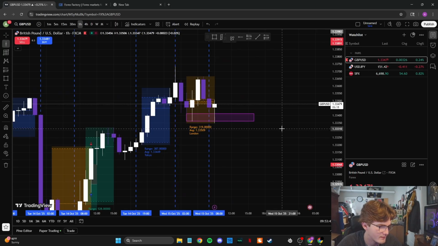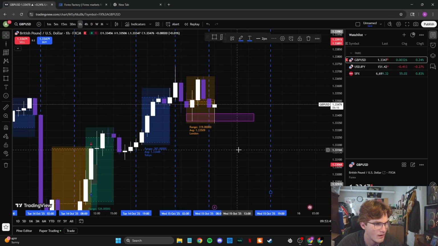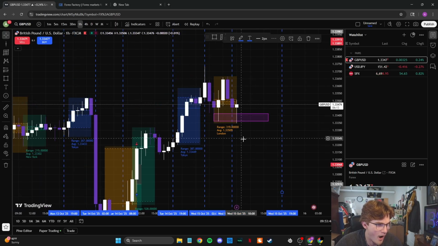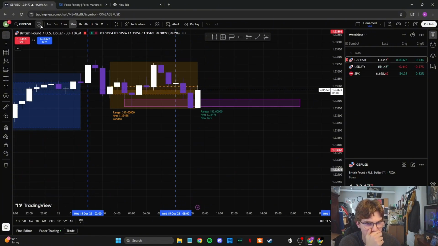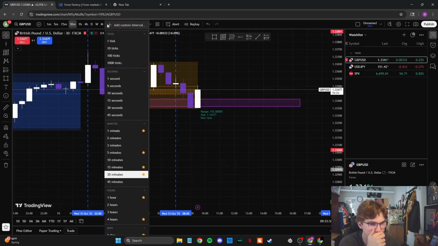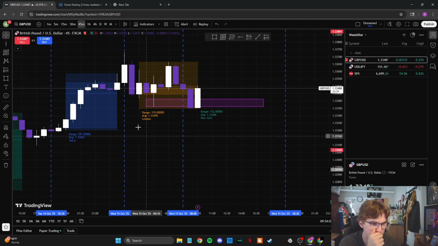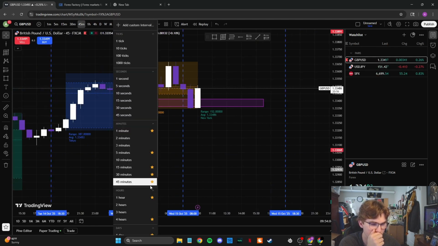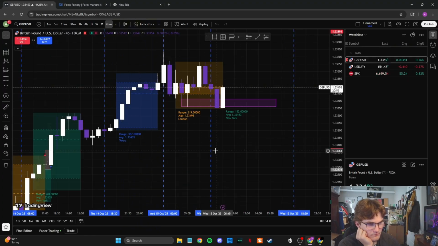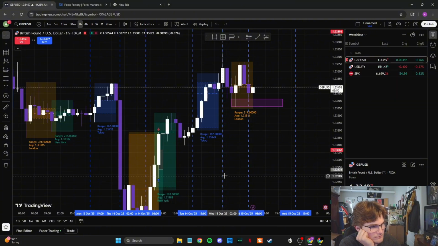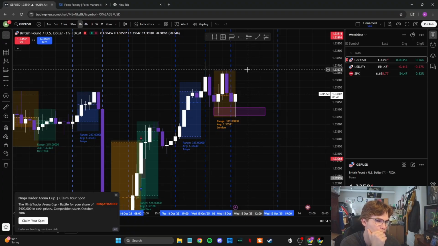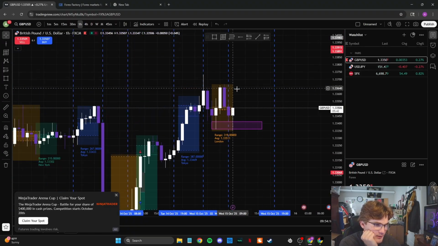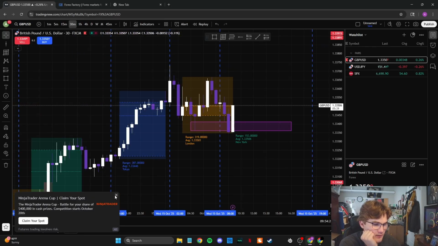This will be like 19. 4 hours too long. Is there an in between here? 45-minute? Nah, that's lame. So this 1 hour fair value gap already got hit. There's not a fair value gap here. See anything on the 30-minute?